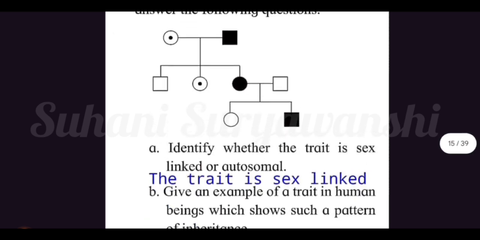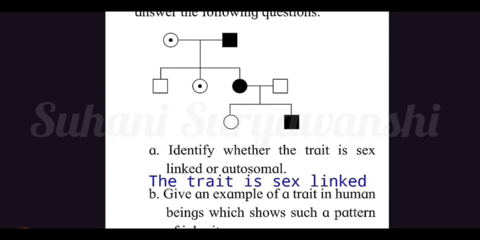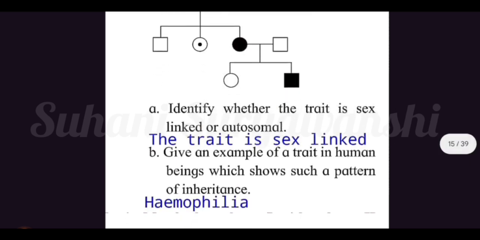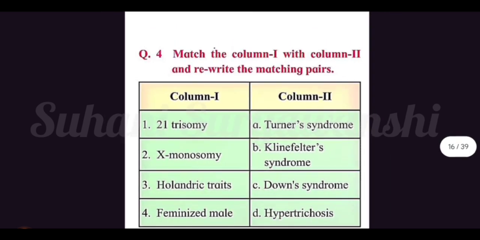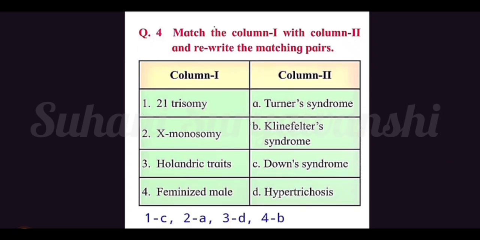First is, identify whether the trait is sex linked or autosomal. So the given trait is sex linked. Give an example of a trait in human beings which shows such a pattern of inheritance. So the answer is hemophilia. Next is question number 4, in which we have to match the columns,